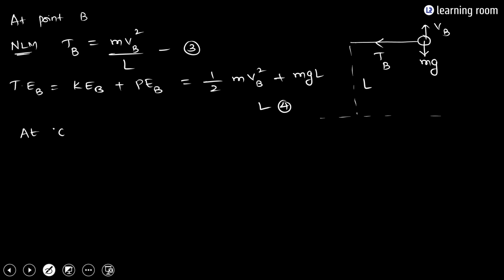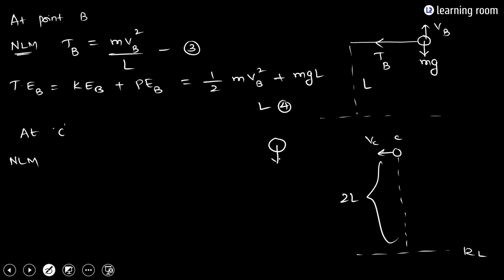Similarly, if I take it at point C, then that is going to be the topmost point. And here, if I call the velocity to be Vc, with respect to the reference line, the object has raised a distance of 2L, that is the diameter, right? And according to Newton's law of motion, if I draw a free body diagram, mg is in the downward direction and Tc is also in the downward direction, and speed is going to be in the leftward direction. So can I write T plus mg is equal to m into vc square divided by L,